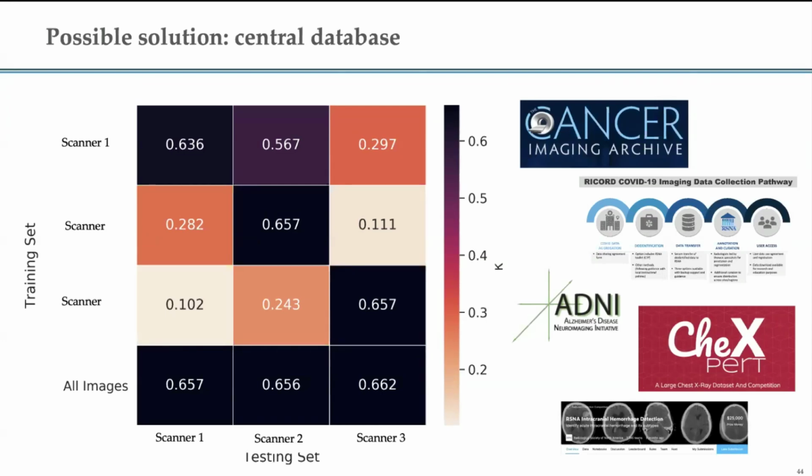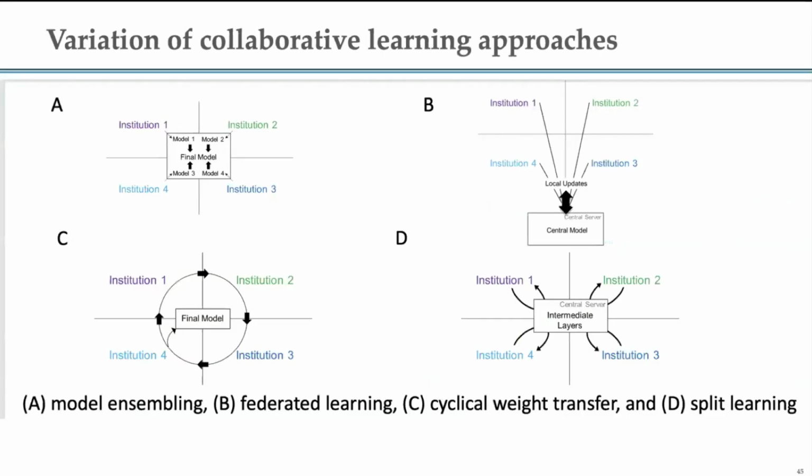But the challenges, of course, are that this is PHI data. There's a variety of reasons due to which institutions may not want to or cannot share the data. So how do we go about learning from data from different institutions without having to share them or put them into a central repository? And that's where a lot of the work that we are doing with both Steve and Dr. Rubin is interesting.